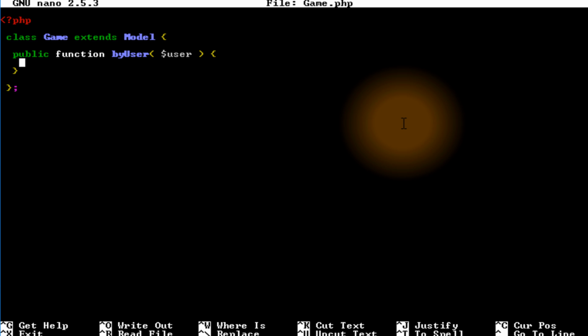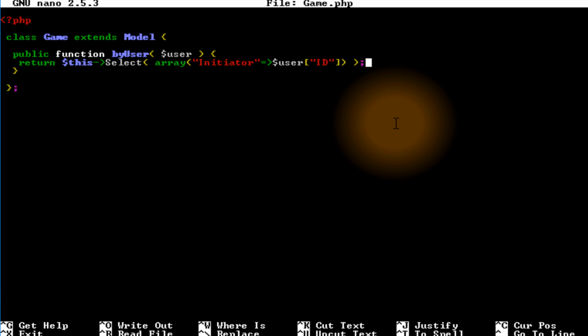So by user. Let's see. So we're gonna return this select array, initiator arrow user ID. So we know that all of the games for this user can be gathered this way. Okay. Now this is if you created a model,